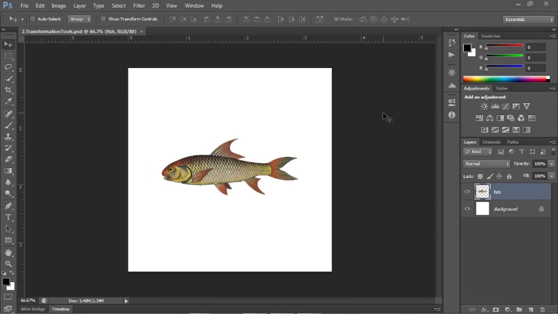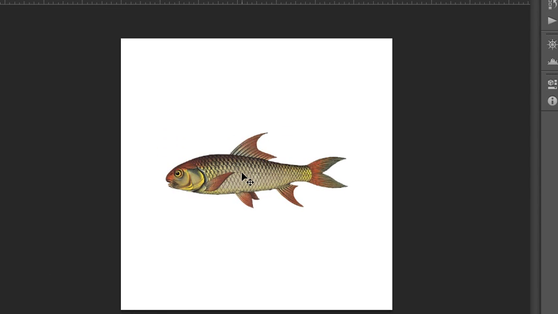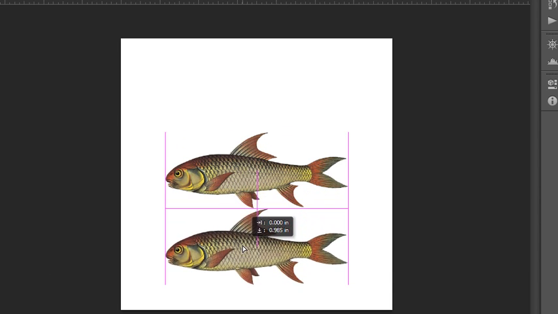One of the things you can do with objects on a layer is make copies of them and transform them. Now in this case I have a fish on its own layer, and I don't even need to select it if I wanted to make a copy of it. To make a copy, you put your cursor on top of the object, hold down your Alt or Option key, and when you see that white arrow appear behind the black arrow, you can click and drag a copy off